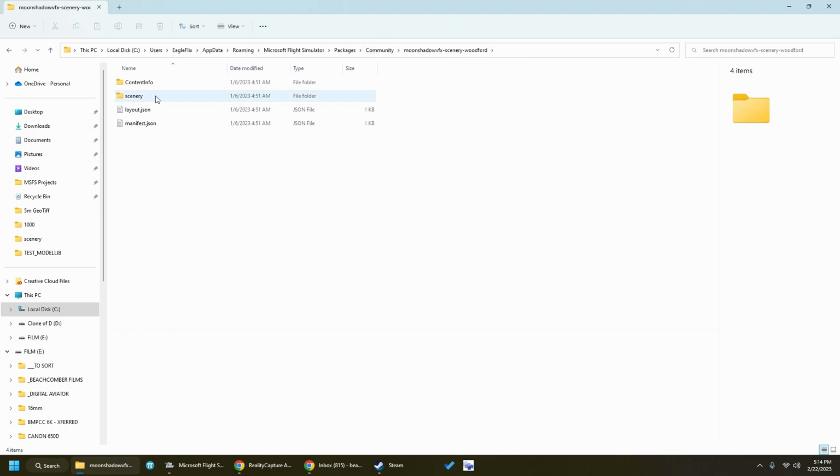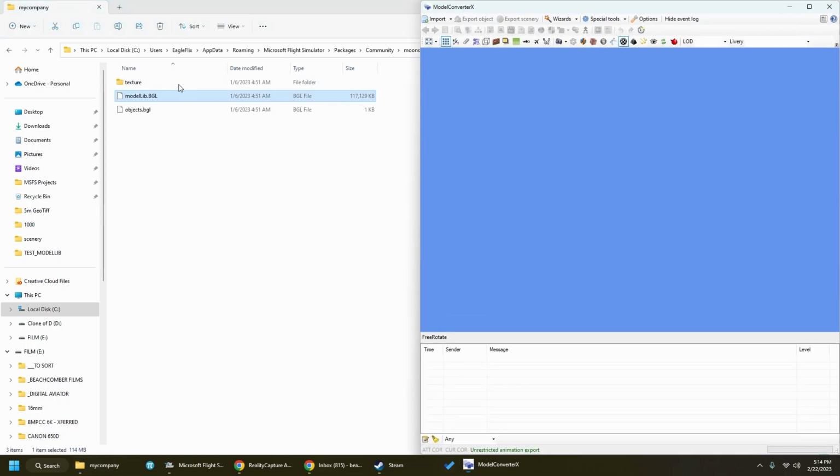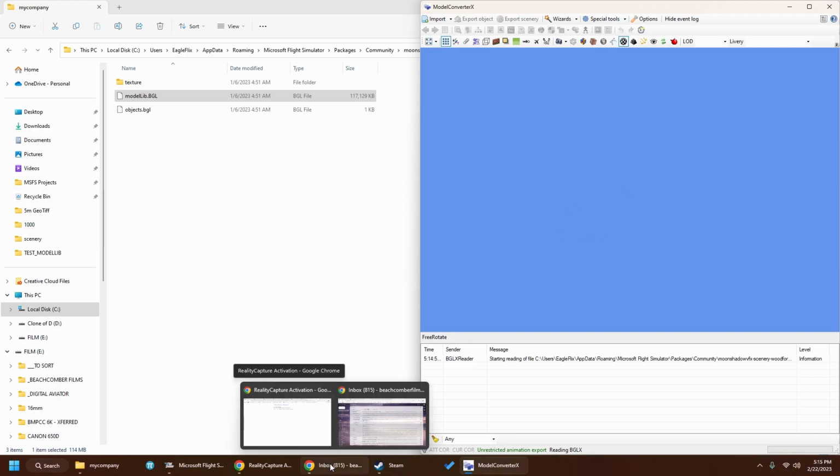Scenery Woodford, this was my first attempt at photogrammetry, and it was quite the challenge. One of the houses that is close to me, so it's going to take a few minutes to load up, but